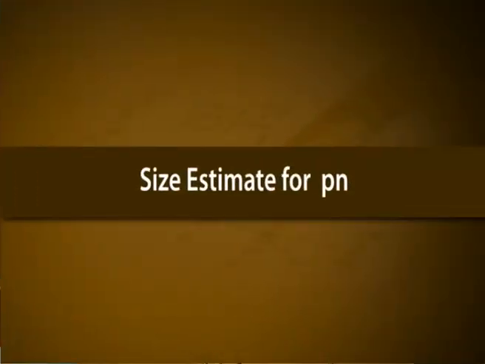Size estimate for Pn. Let Pn denote the nth of the prime numbers in their natural order. By a slight modification of the proof of Euclid's theorem, a size estimate for Pn is given by Pn less than or equal to P1 times P2 times etc. times Pn minus 1, n greater than or equal to 3, equation number 1. For instance, when n is equal to 5, equation 1 gives 11 is equal to P5 less than or equal to 2 times 3 times 5 times 7 minus 1 is equal to 209.